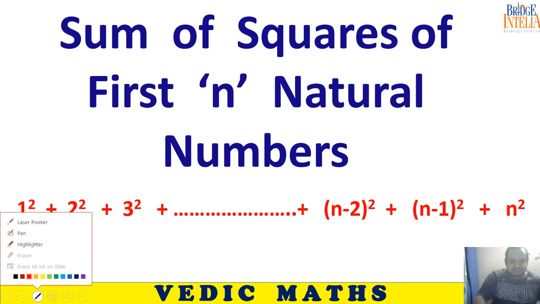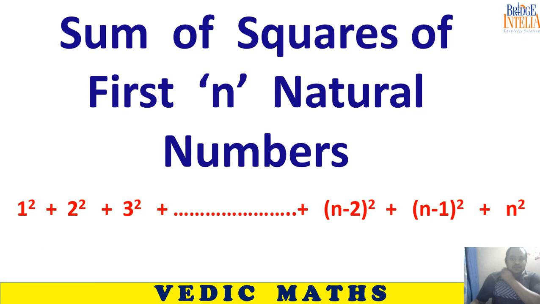Dear students, in this video, we are going to discuss a very important formula which you would be using very frequently. This formula is related to finding the sum of squares of first n natural numbers. What does it mean when I say that I am trying to find the sum of squares of first n natural numbers? It means you start writing the squares from first onwards, because the word mentioned here is first n squares.